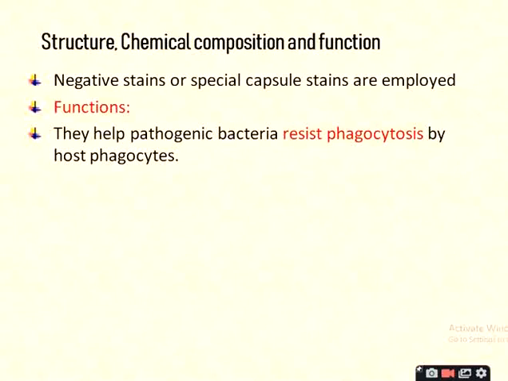That's why the smooth cells are able to kill the mice. But rough cells do not have a capsule and there is no virulence power in that organism, and that's why it is unable to kill the mice. That means the capsule or slime layer or sticky substance which is present outside the cell wall of the bacteria confirms the virulence power of that bacteria.